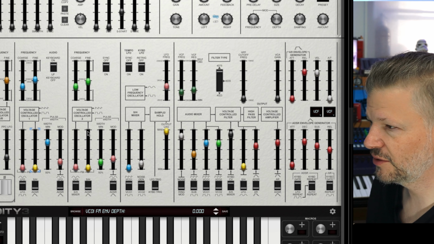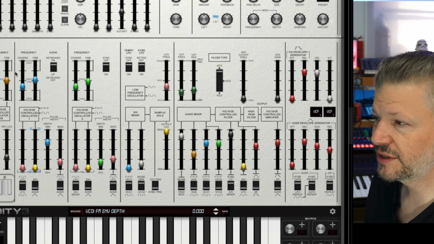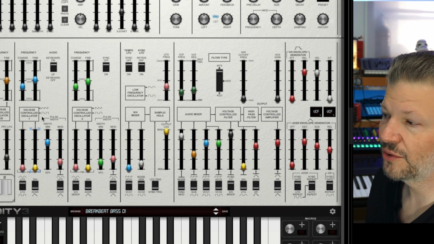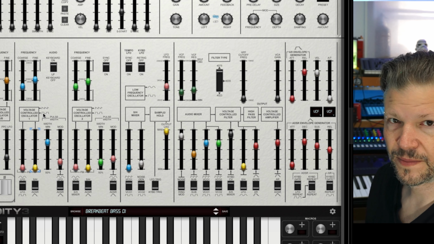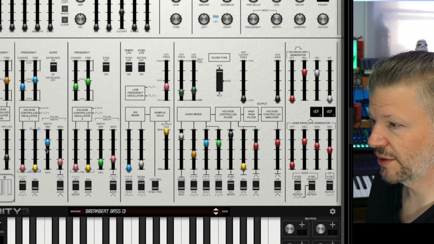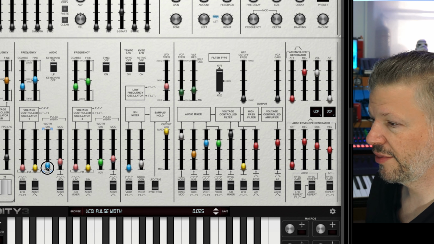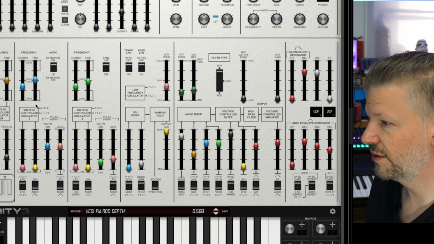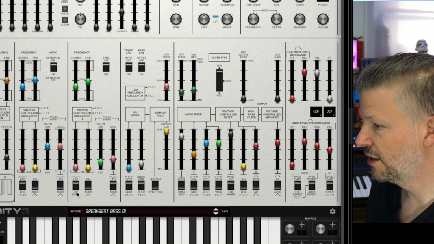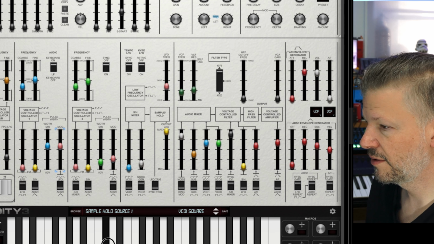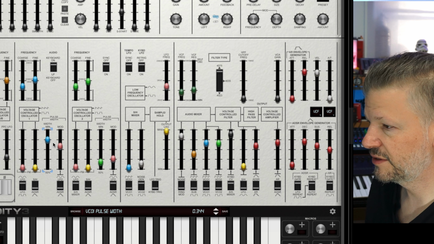Let's put it back to 0. Pulse width. So this is only useful if you're using a VCO. It's going to only affect the oscillator that is shaped by a square wave, the pulse width. So there's the width of the pulse, minimum width or maximum, which is 50, and do you want to use a modulation on it? So if I'm going to hear later on the sound of my VCO1 square, if I want to have this modulation from the LFO,